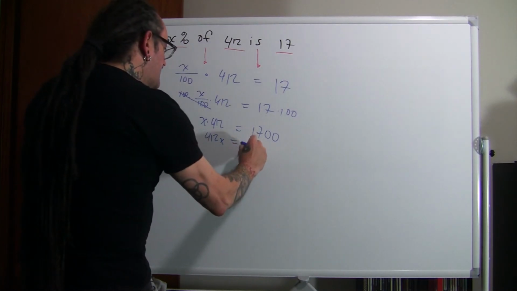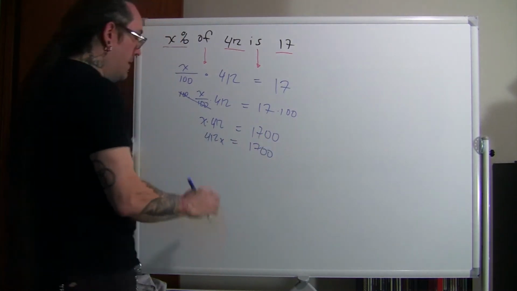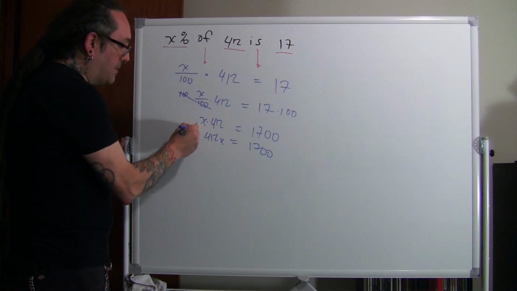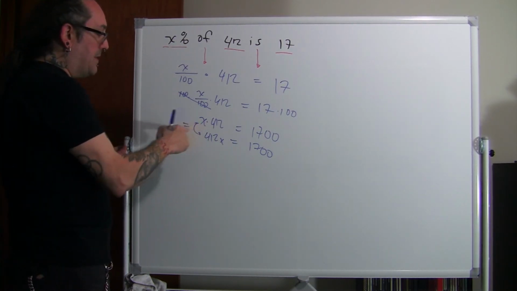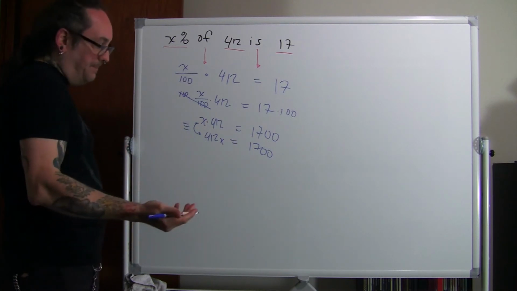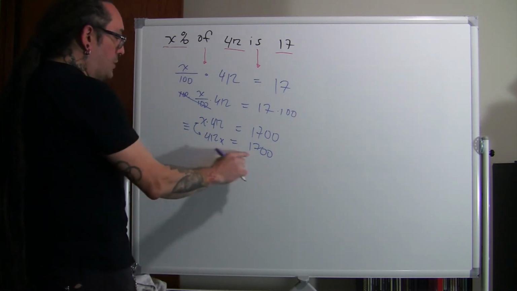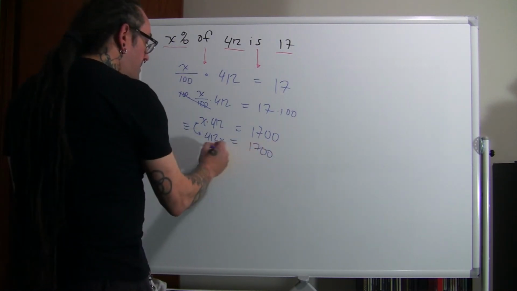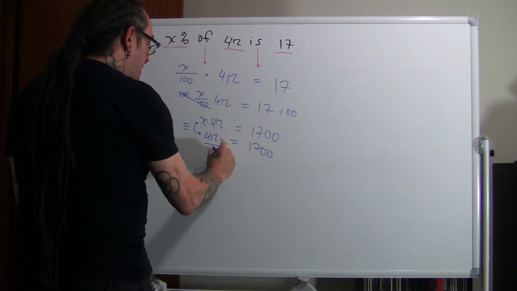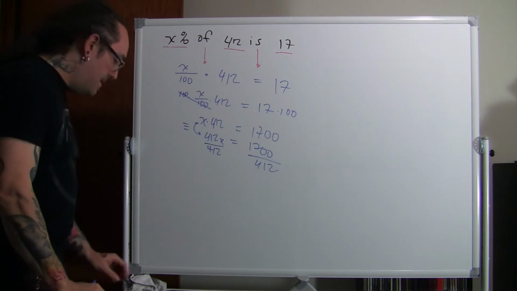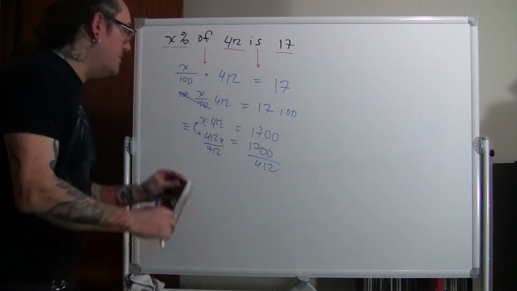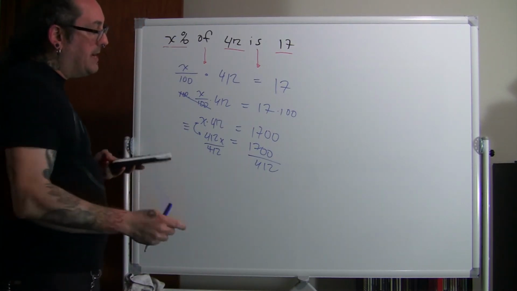412x equals 1700. All right, this is exactly the same. These are equivalent. We usually use the 3 bars to say that they're exactly the same thing. Okay, 412x equals 1700. Divide both sides by 412. And I'm going to take out the calculator because I don't really know. But actually I can think about